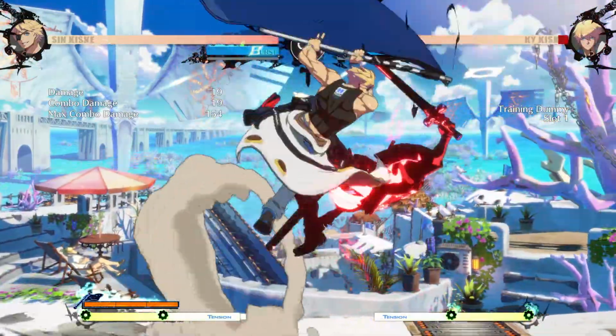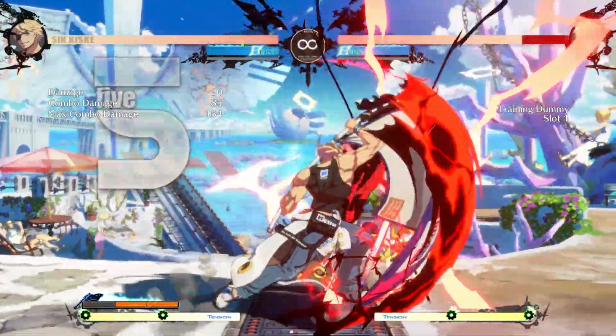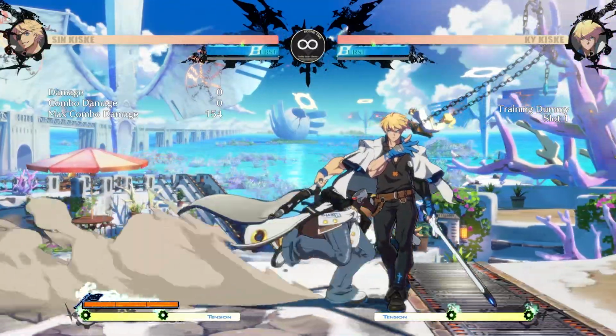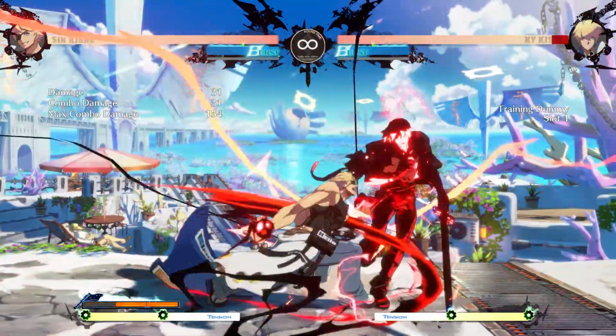Except the DP, you can't just do raw DP and get a combo. You have to start from something, whether it's a 2K, 2D, or a close slash. You have to start with something. But even in the corner like this,